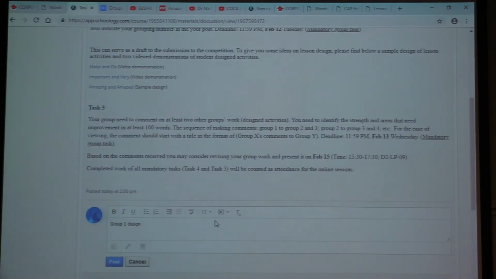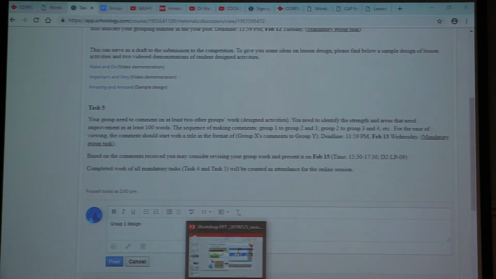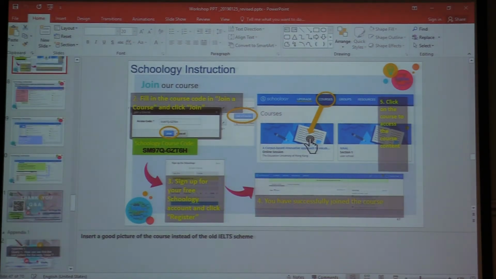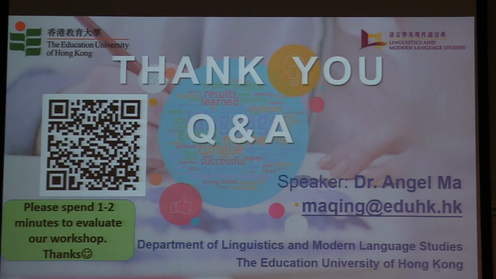Do you have any questions? Any questions about the workshop, about the online session, or anything else you would like to know? Finally, can you spend 1 or 2 minutes evaluating our workshop? We only have 7 Likert scale questions, just click, click, click, and then 1 open question. It just takes 1 minute. You can use your mobile phone to do the evaluation. Meanwhile, if you have any questions, you're most welcome to ask.